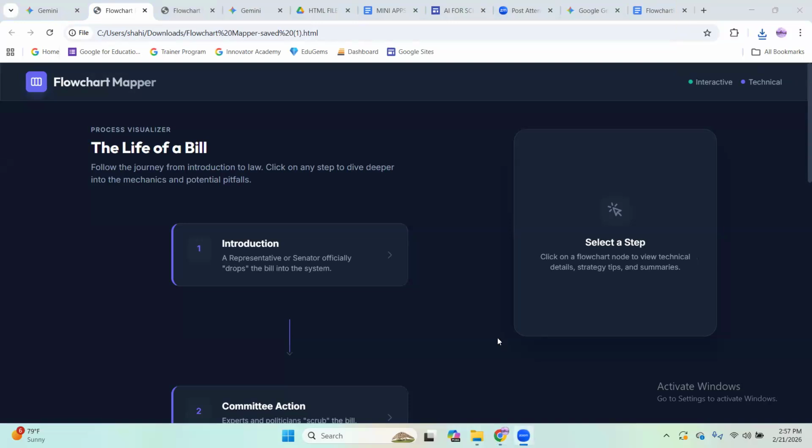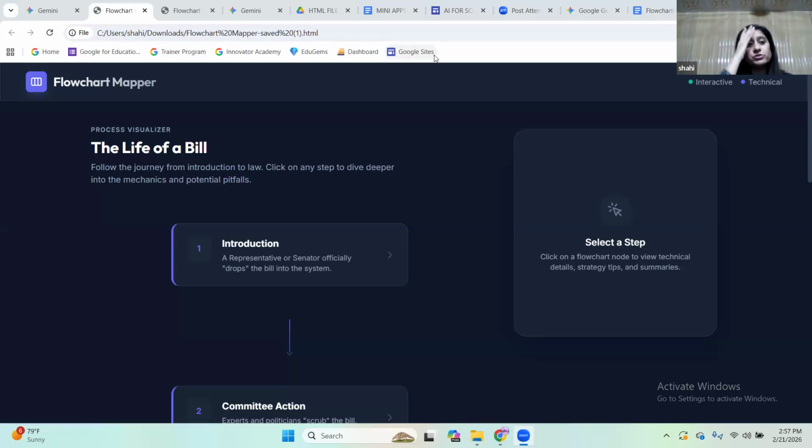If it is a download, no, I wouldn't be able to because it's a downloaded file and it is in your computer. Yeah, if you look closely at the address bar, it says C, Users, Shahi, Downloads. So it means that it is in my system and it will not be able to open on your system or a student's system.